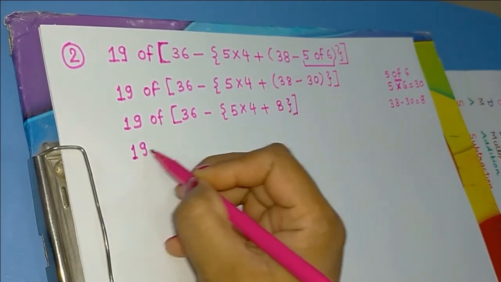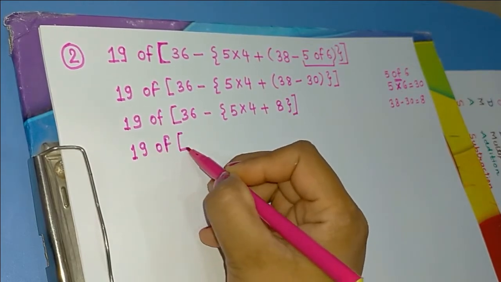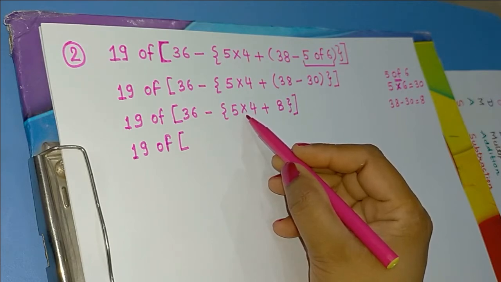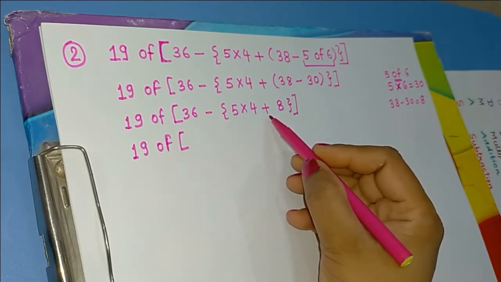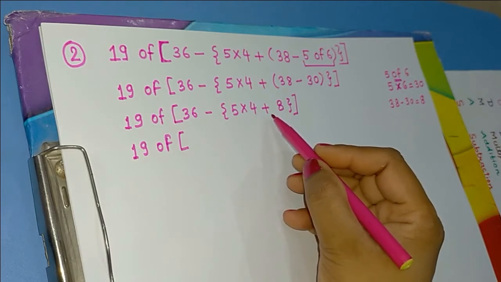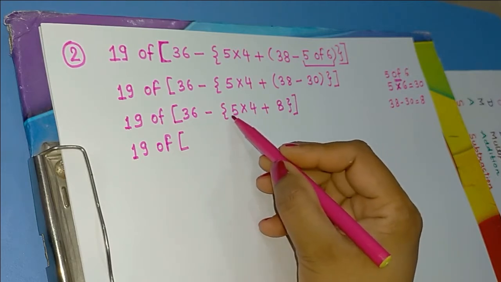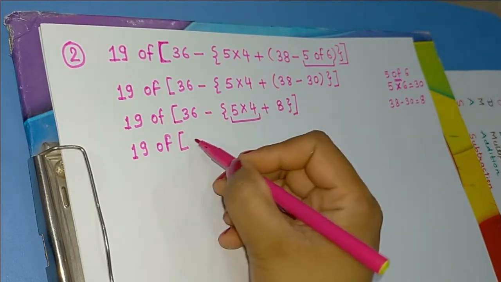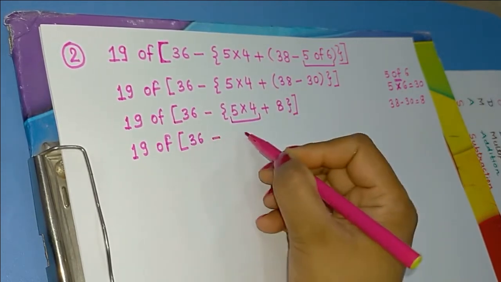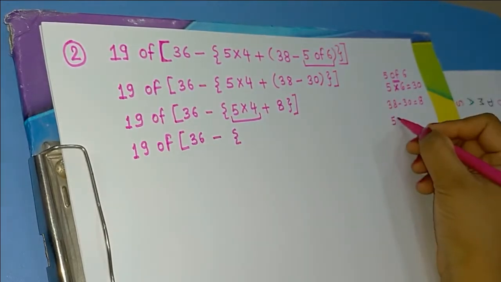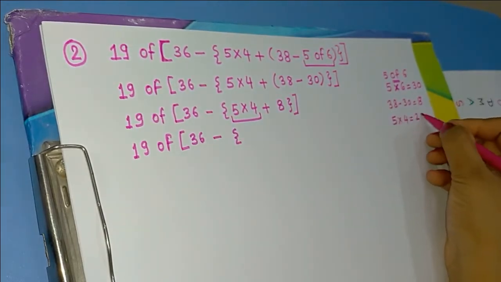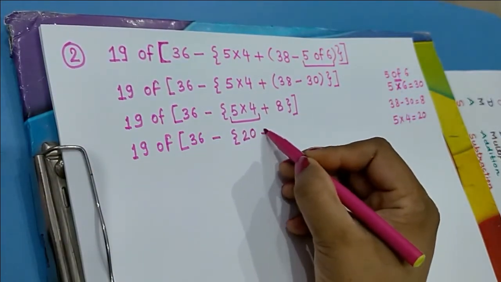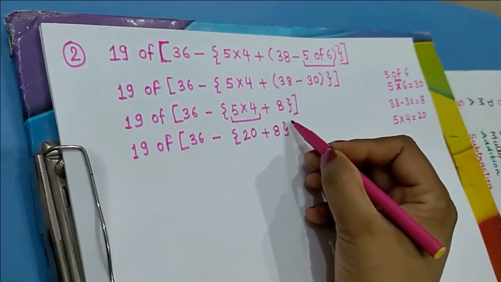Now next we need to solve the curly bracket. Here you can see that in the curly bracket we have two operators, multiplication and plus, and multiplication has the higher priority over the plus sign. So in the next step we need to solve the multiplication of 5 and 4. So here we can write 36 minus, now in the curly bracket, 5 cross 4 is 20. So we need to replace it here by 20 plus 8,